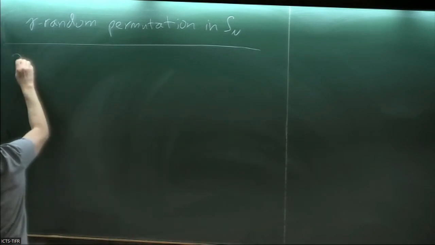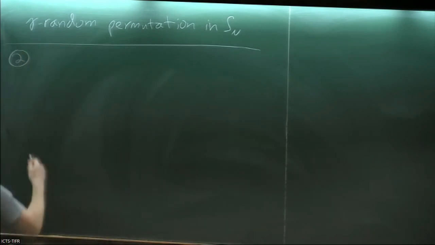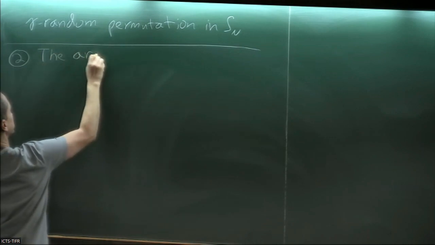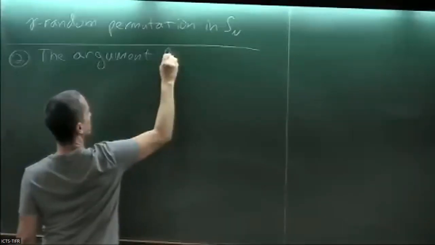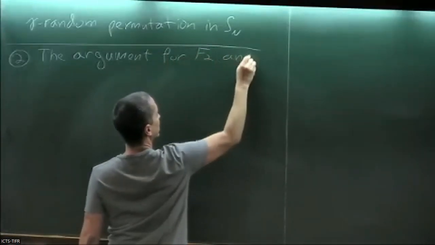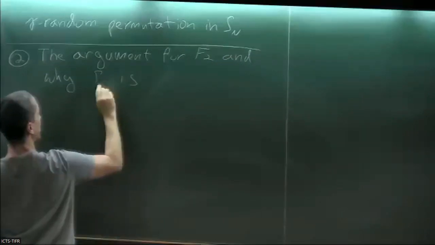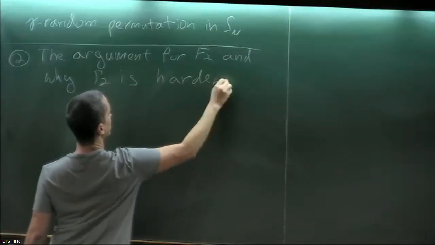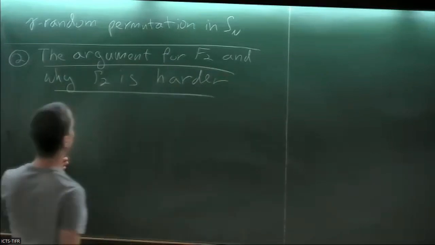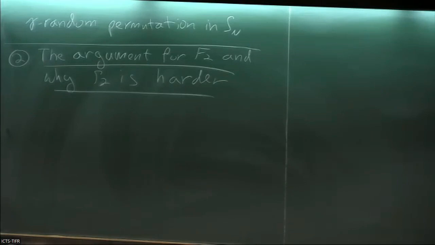So my goal today, the second topic of the mini course, is the argument for the free group and why surface groups is harder. So gamma 2 is harder. This should take me about half of the time of this talk, and then we'll go to start talking about representation theory. So let's start with this. I want to show you the argument for these results of Nika, and